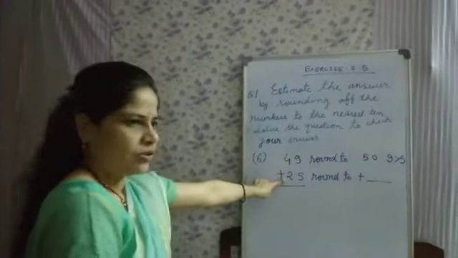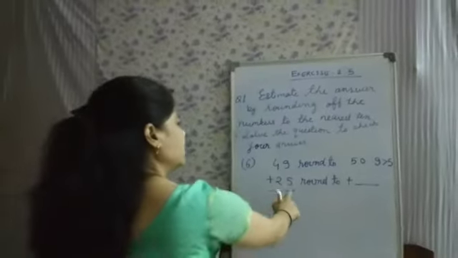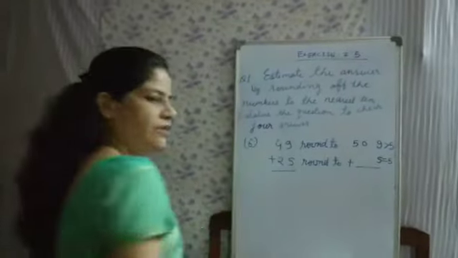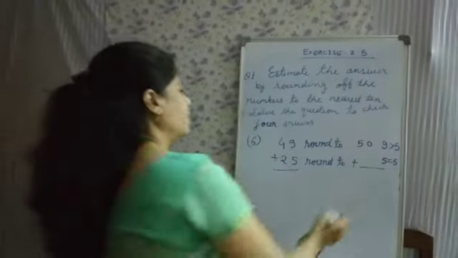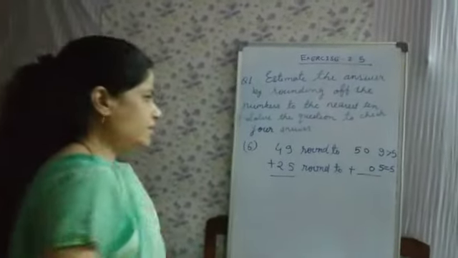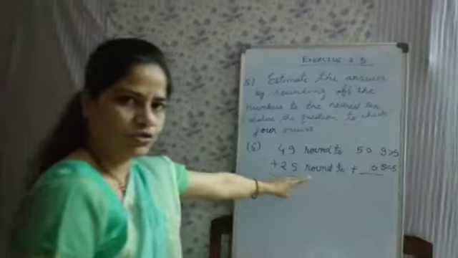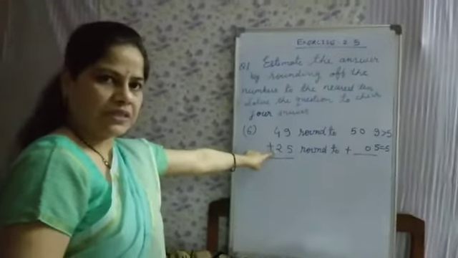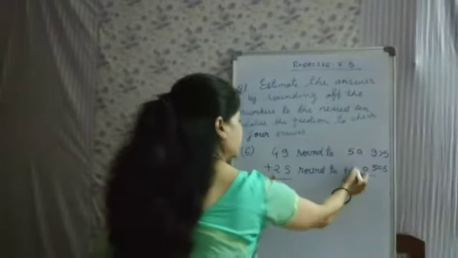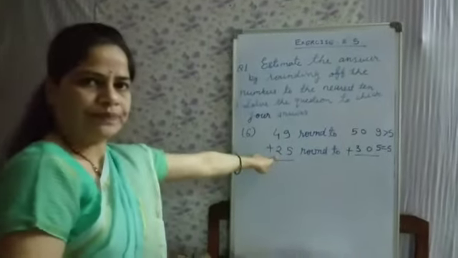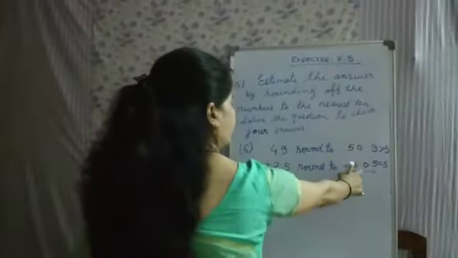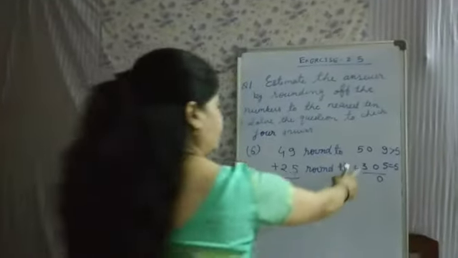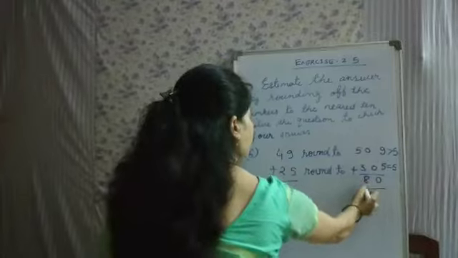In 25, see the ones place digit. Here ones place digit is 5. 5 is equal to 5. So put 0 at the place of 5, and since here 5 is equal to 5, this is the condition of equal. So see the tens place digit 2. So write the next digit of 2, which is 3. Now add 50 and 30. 0 plus 0 will be 0, and 5 plus 3 will be 8, so 80.